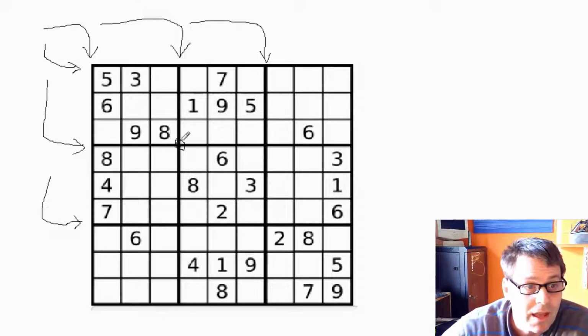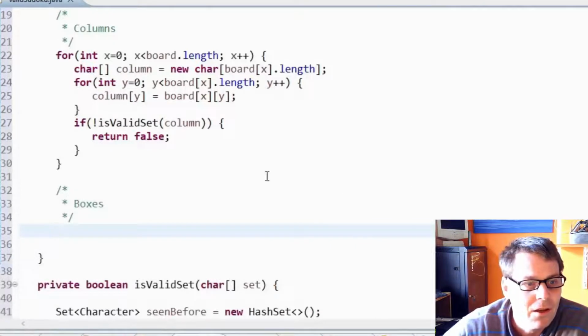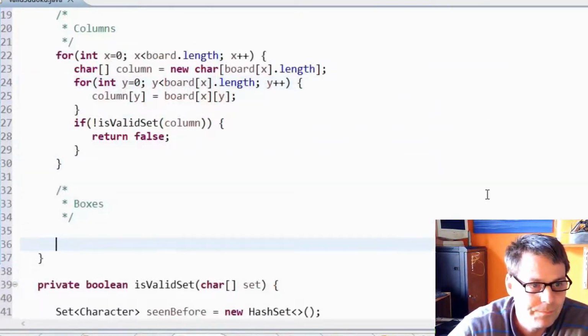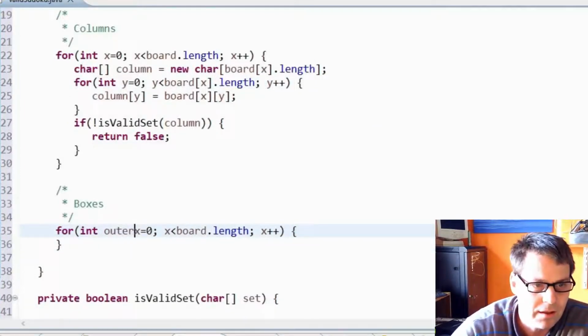inside a loop. So the inner x loop is going to loop through the 3 boxes, and the inner y loop is going to loop through the 3 y boxes. So it's not very often I have four loops, as in 4 loops, all nested inside each other, but I think I'm going to here. So I'm going to loop x, and I'm going to call this outer x